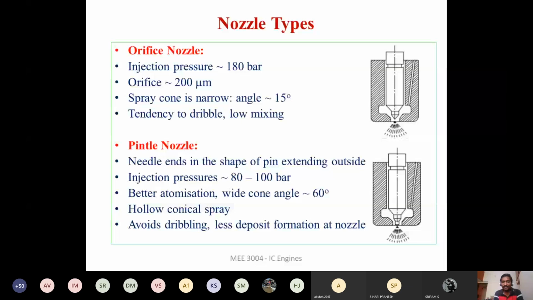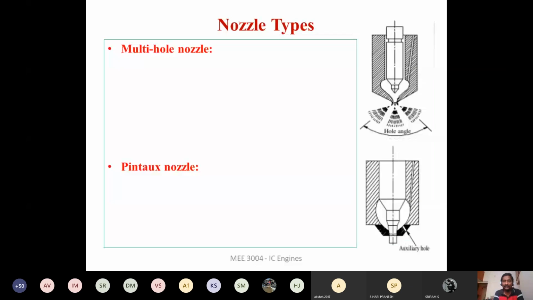So this nozzle fuel injector is provided with an orifice, right? Provided with an orifice, it can have a single hole or multiple holes, right? So here you can see there are 3 orifices, one at the center, one at the left side, one at the right side. So this is the spray cone angle of almost a maximum of 15 degrees for each orifice. Okay, here again 15 degrees, here again 15 degrees. Okay, this is in the case of multiple holes provided in a nozzle orifice type fuel injector.